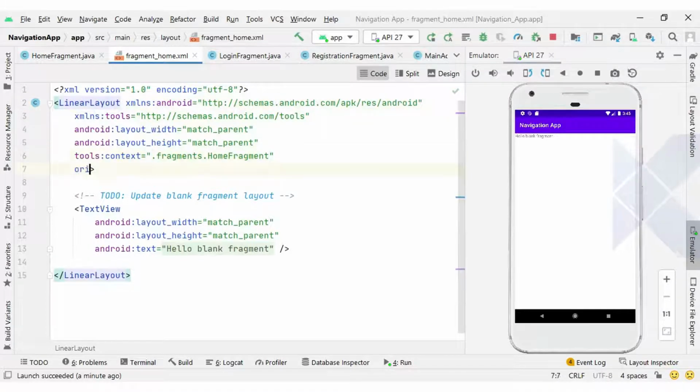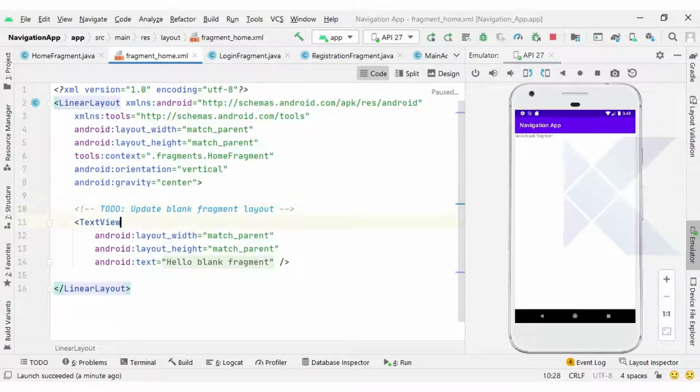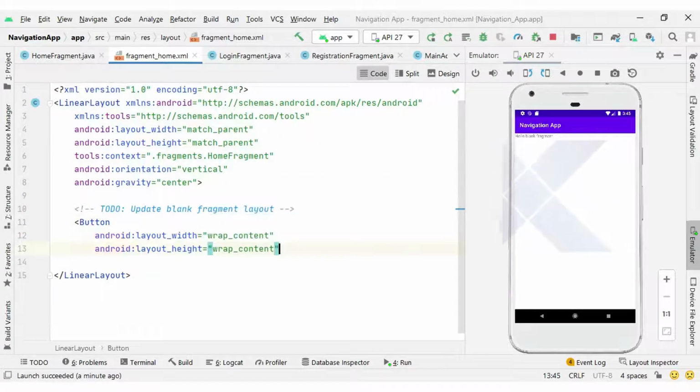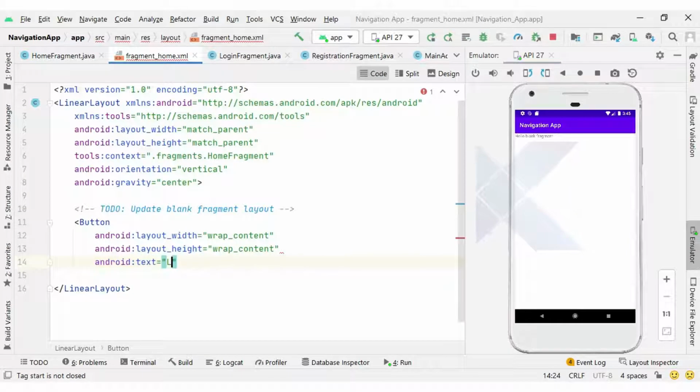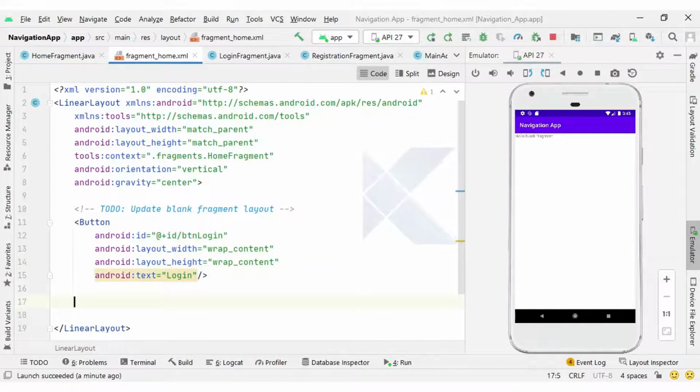Linear layout with orientation vertical, and let me have the gravity as center, and two buttons. Here I'm going to create button 1 with text property login, and id button login.